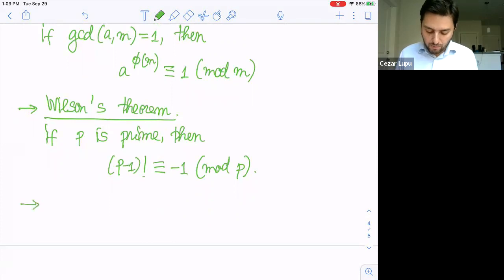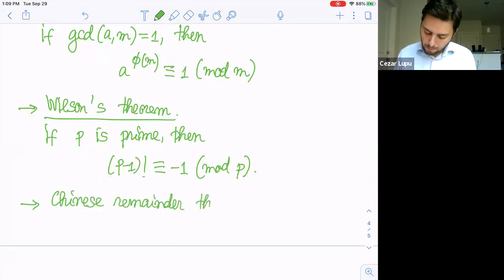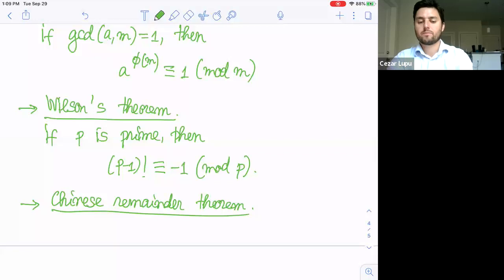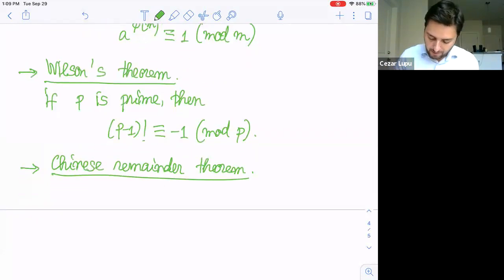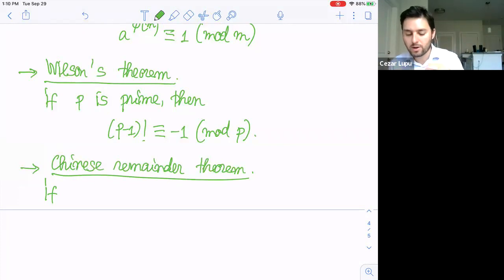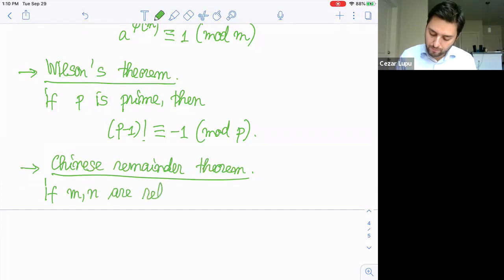The last one, which is important, is what we call the Chinese remainder theorem. Well, this says that, if I'm going to state it for a system of congruences involving two equations, and then this can be generalized. So if M and N are relatively prime,